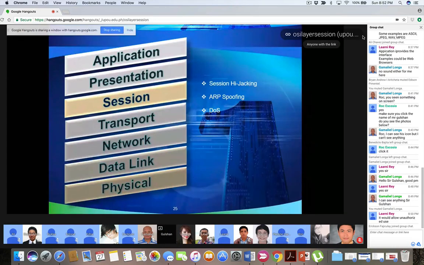So if you have a session ID, whenever you send any request, the request carries the session ID, so that the application knows this request is from this person. But if you are able to hack the session, then what is going to happen? You don't need a username and password.